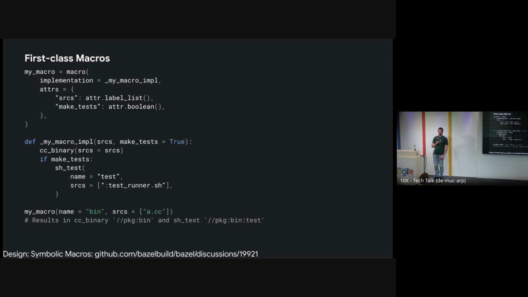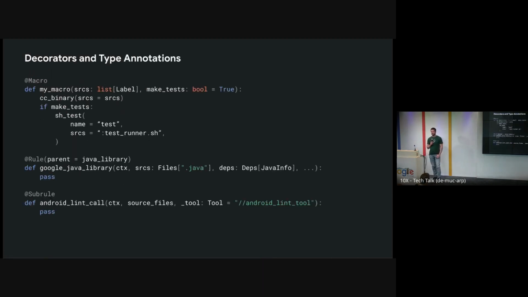I have a question about the type annotations that you mentioned, because I think I heard from the Bazel people that they already have static typing in Starlark. So I wonder if it's going to be compatible, or if you're talking to them. Yeah, so actually we are starting from a different perspective. I was thinking about those types because I would like to reduce boilerplate around rule definition, and I would also like to bring macros and rules closer together. A typical constraint is that it's very easy to write macros and very hard to write rules. Having more similar syntax, I would also like to see that users get more comfortable writing rules.